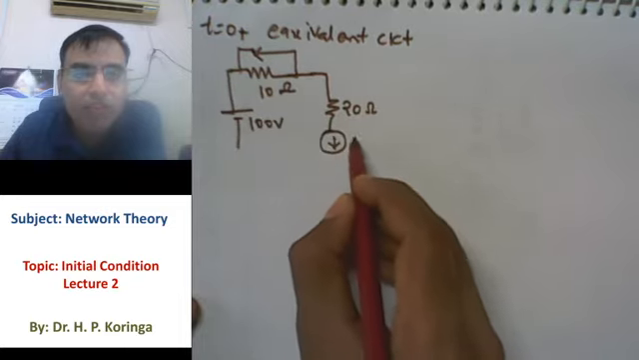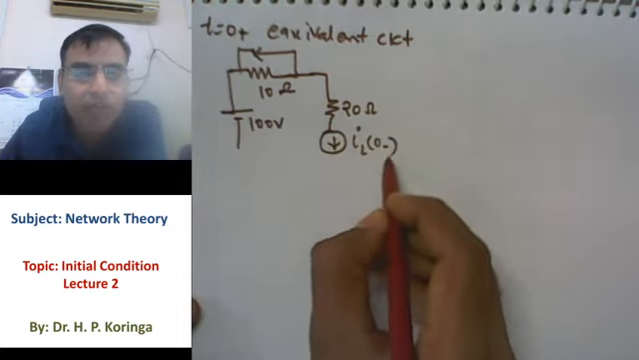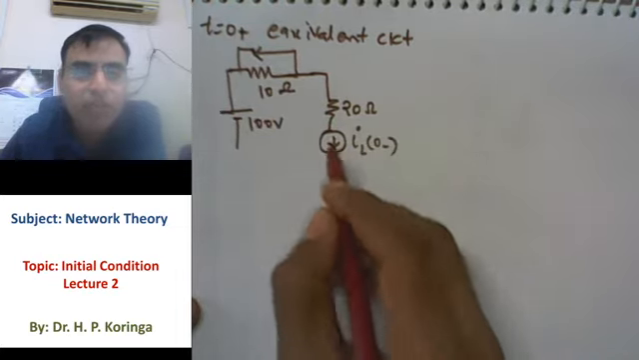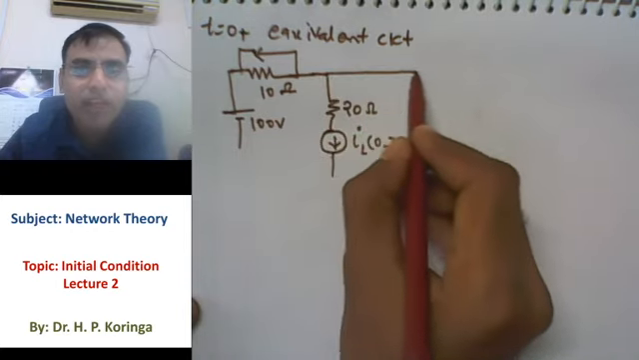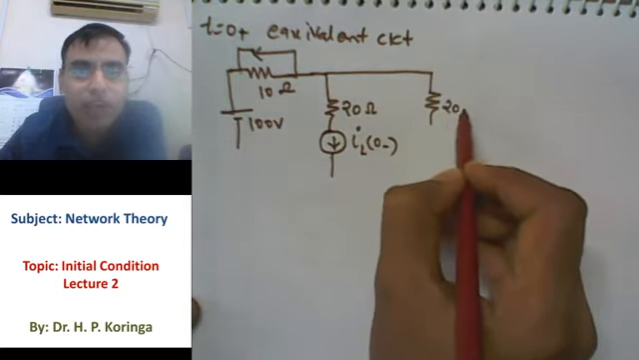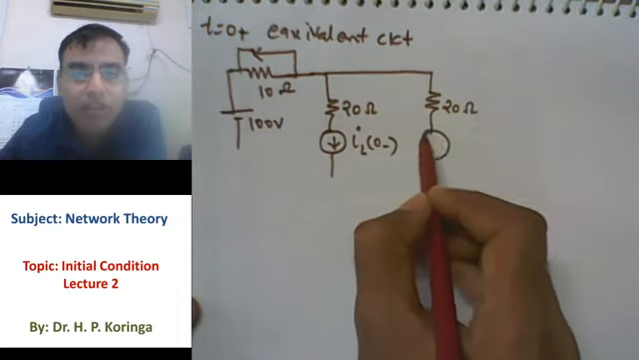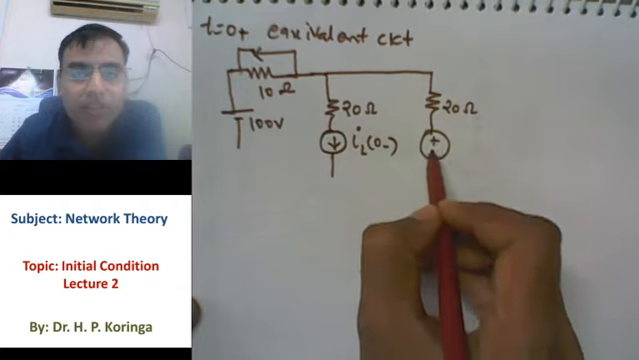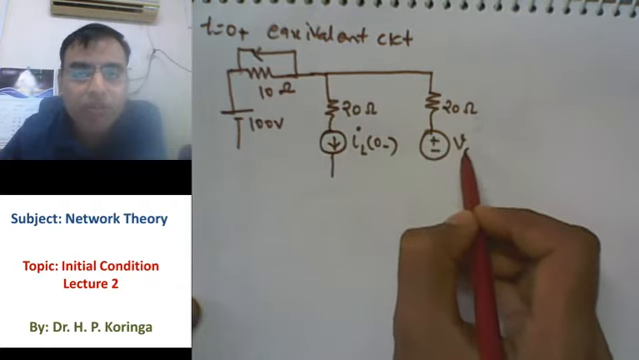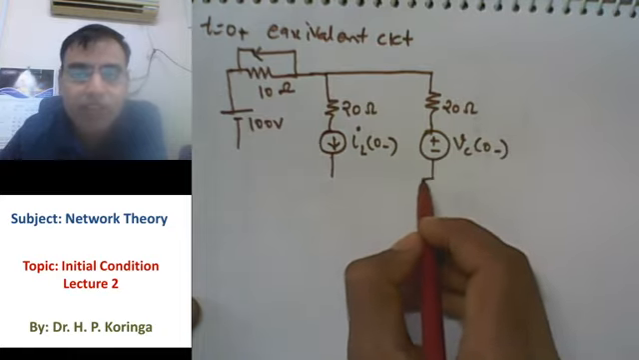this current source is whatever the current passing through the inductor at t = 0 minus, so it works as an IL of 0 minus current source. The capacitor works as a voltage source, and the value of this voltage source is the voltage across the capacitor at t = 0 minus. So the voltage across the capacitor at t = 0 minus is the same value of voltage